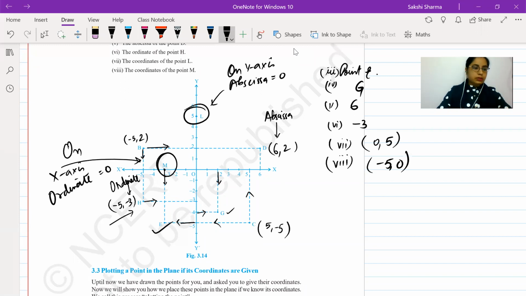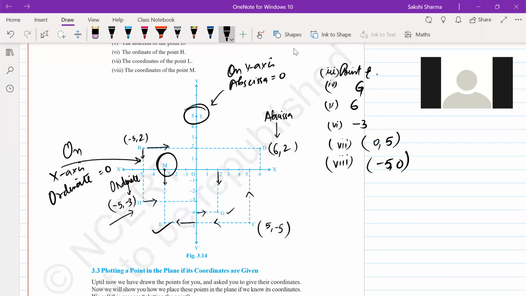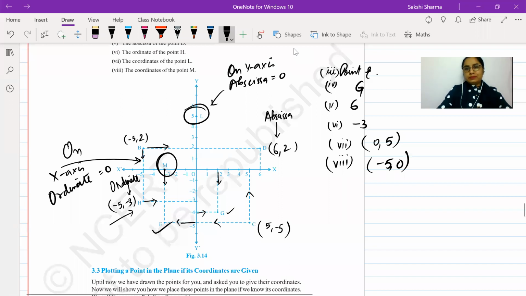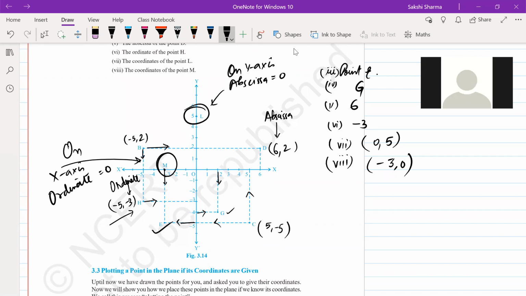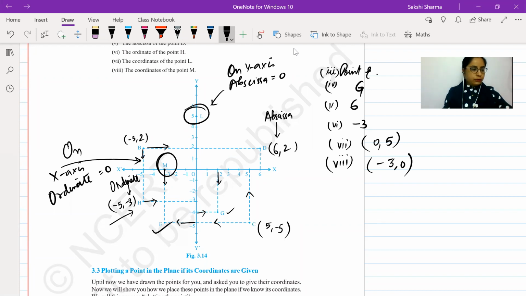Any questions with respect to this? Anyone with any questions? This is basic, completely basic things you've done. The next one is to be done on the graph. It's on page 65. I would just like you to open your graph sheets and you can do the question side by side. Maybe you've already done it and you can just do it with me.